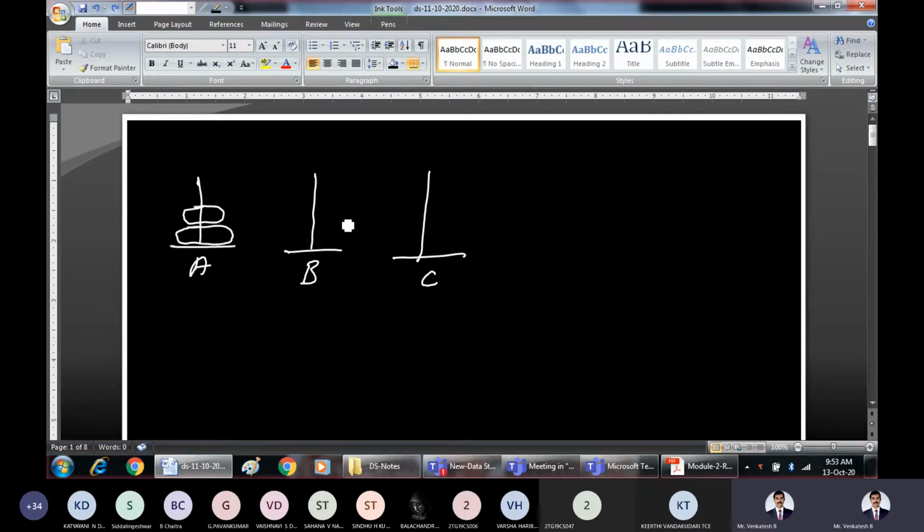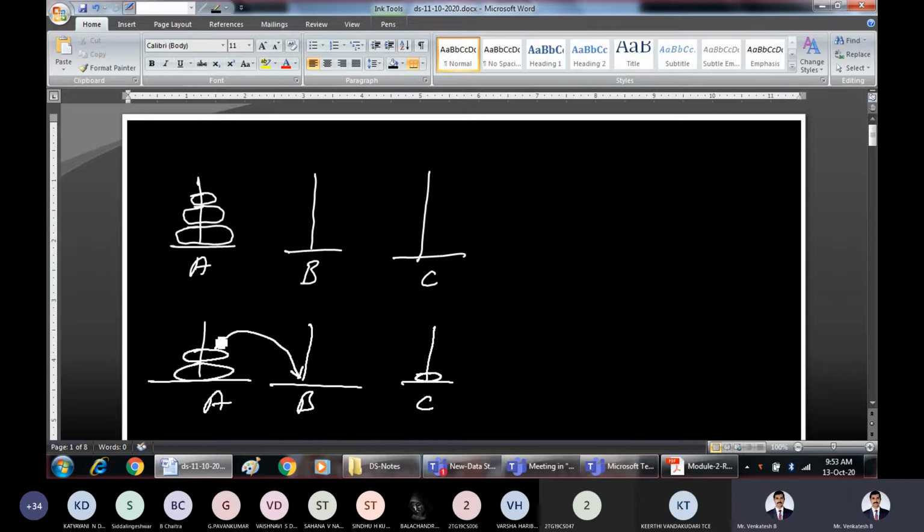Say the disk A1 has been, this is the present scenario. So what I can do here is, this is after upgradation, B, A and C. So this is already, say the smaller disk I have taken and moved it to C. But when you want to move this disk, you can move it only to this side. This we cannot take and move on top of this C. No, that is not permitted.